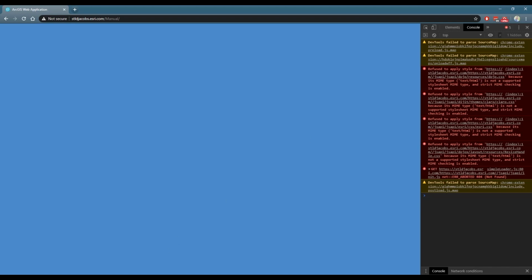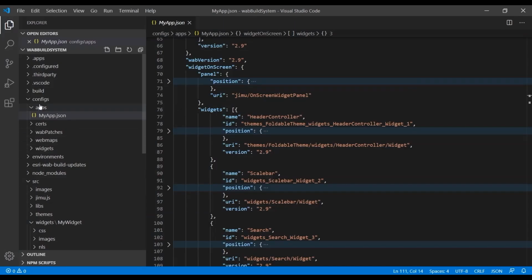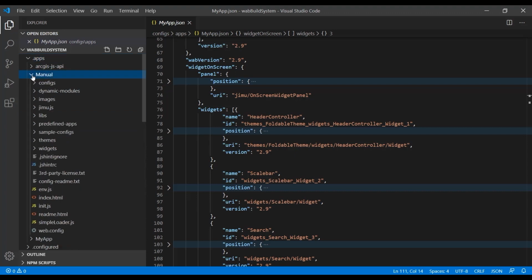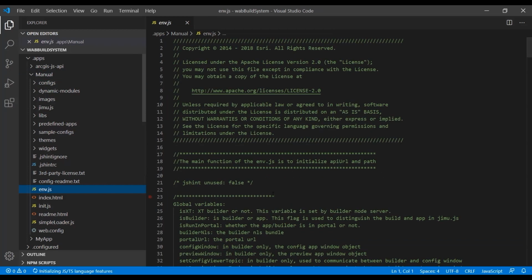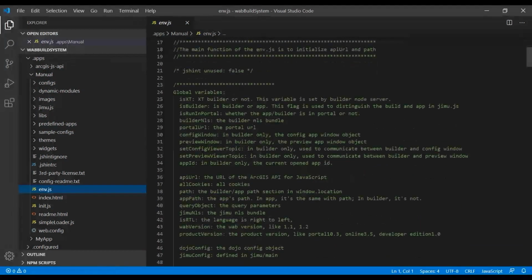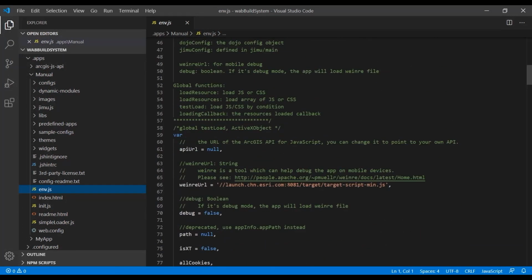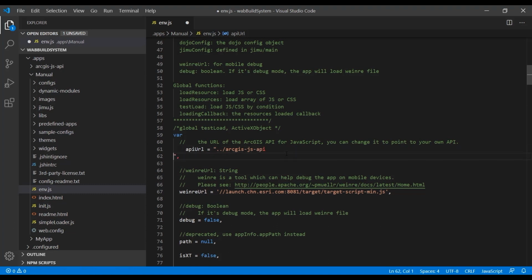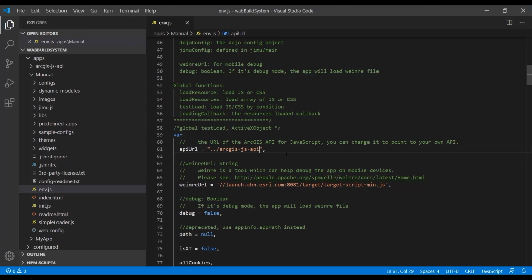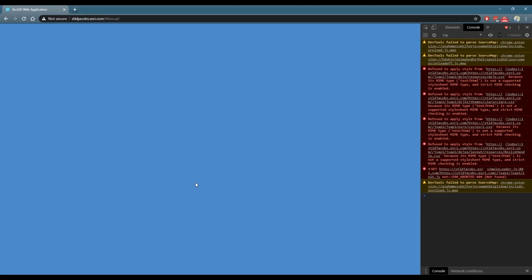Oh, yeah, there's one more thing. And for this, I'm going to go into our apps folder, go into manual, and I'm going to go look at the env.js file. This is the file that tells Web AppBuilder, or the web app that you've created, where to look for the JavaScript API. And for this, we have it locally at ArcGIS test.js-js-API. So now when I refresh,